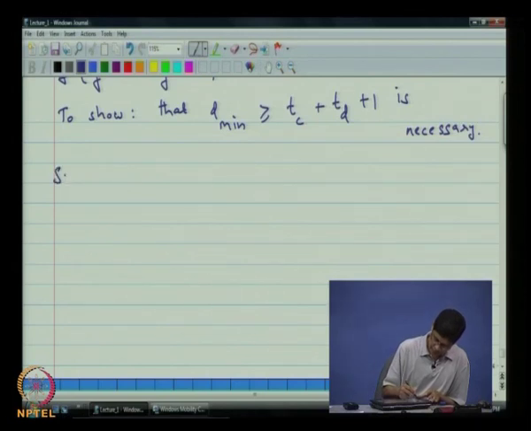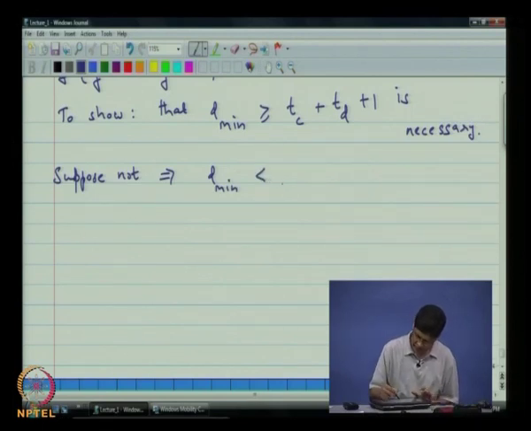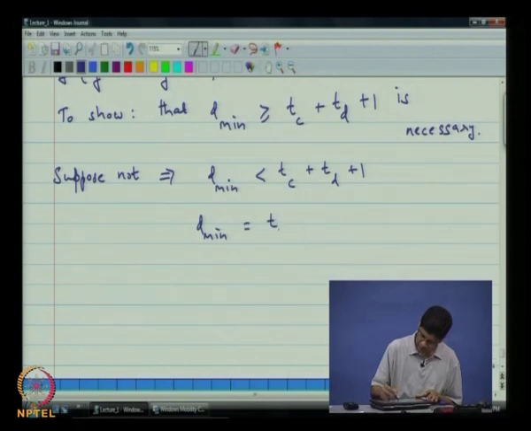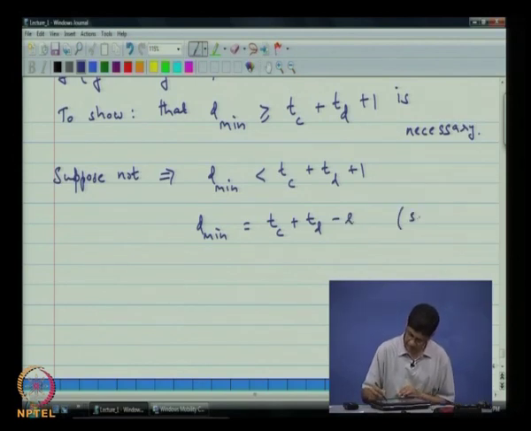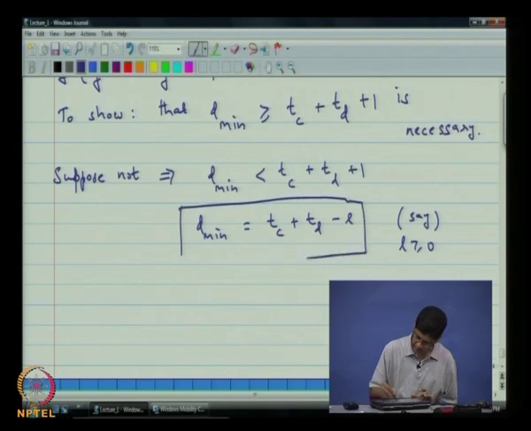Suppose not, which implies that d min is strictly less than t sub c plus t sub d plus 1. Okay, let us say d min is equal to t sub c plus t sub d minus L, say. So, L could be 0 or larger than 0, right. So, let us assume that this was the case,